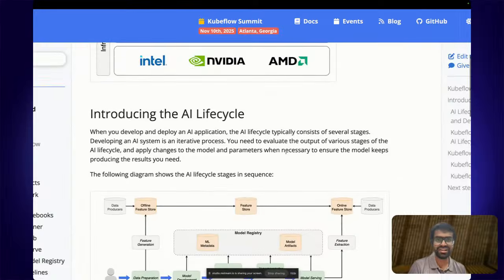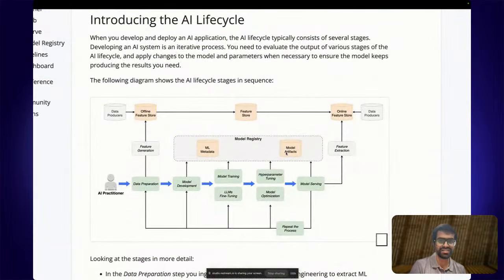If you think of the easiest example of a lifecycle, it's data prep, and then we have the model development, and we'll store the model after we have trained it or fine-tuned it into the model artifact. And the ML metadata in the model registry contains all of your hyperparameter tuning. And once the model is ready to be used, then you would use model serving to run the inference of the model. And then you have some online feature store that stores features about the extraction.